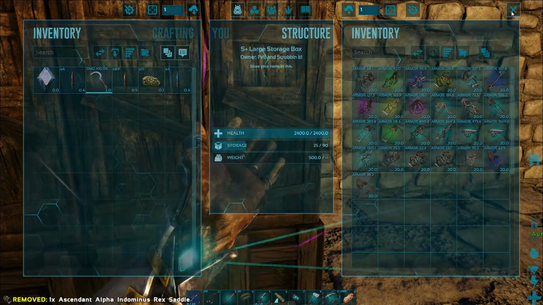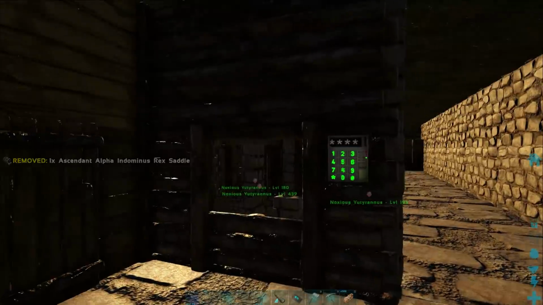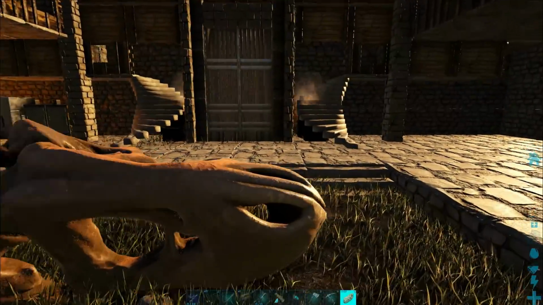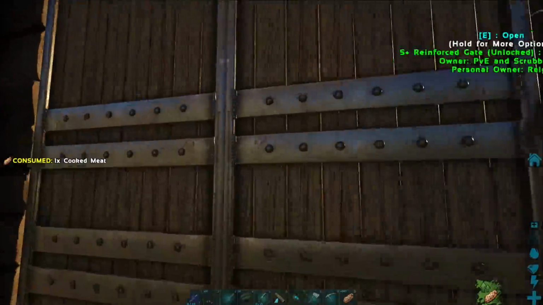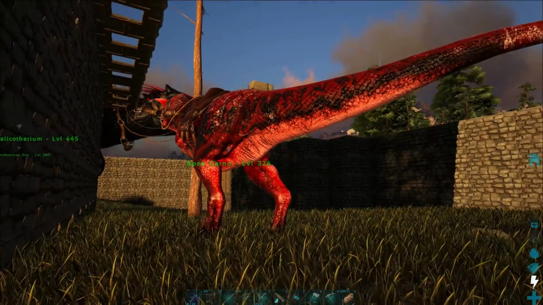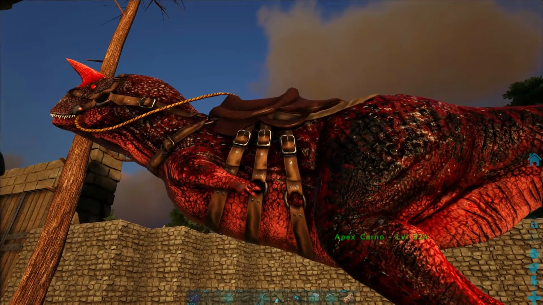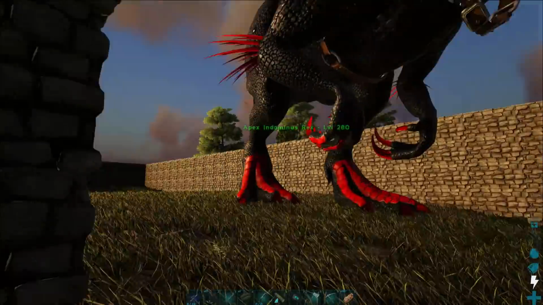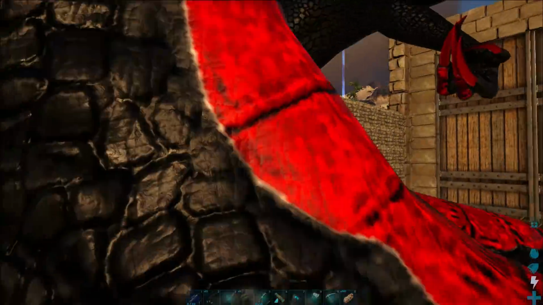Bada bing, bada boom. All right. And of course, this is to power our turrets at the top. So if we need to turn them on, we can do that. Otherwise, we leave them off so we're not drawing in nasties. Well, Apex Carno, you have been pretty awesome. You've been super handy. But you'll hang out in the yard, I have a feeling. Because this guy...